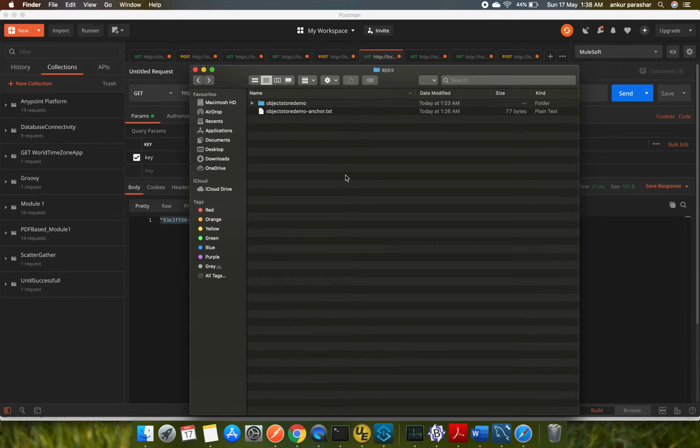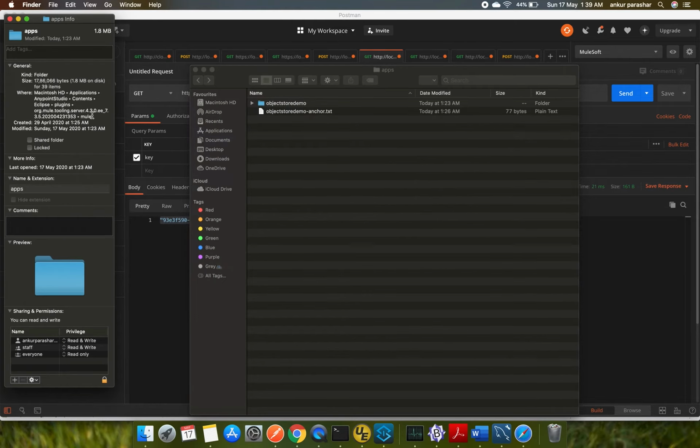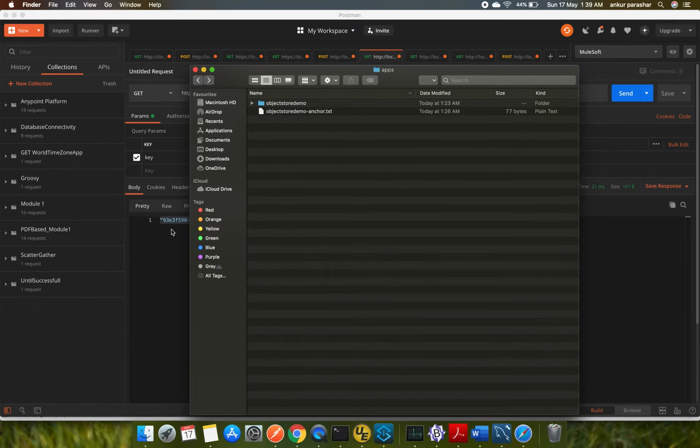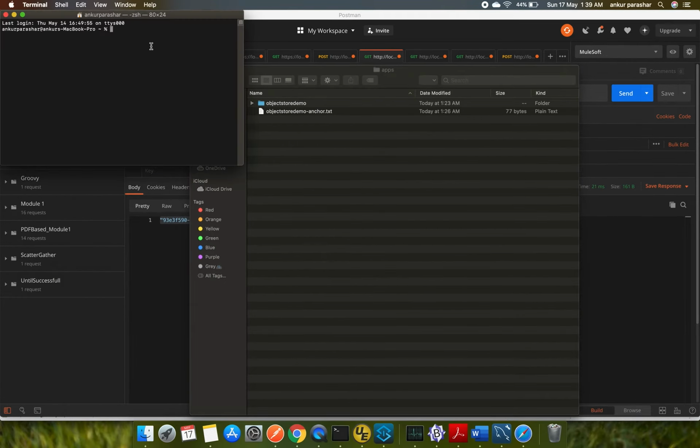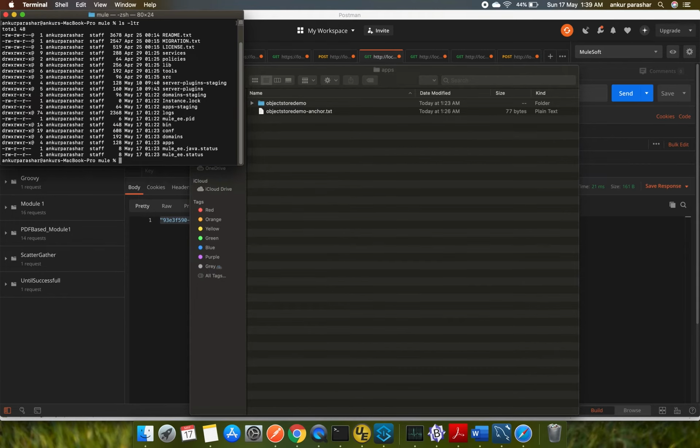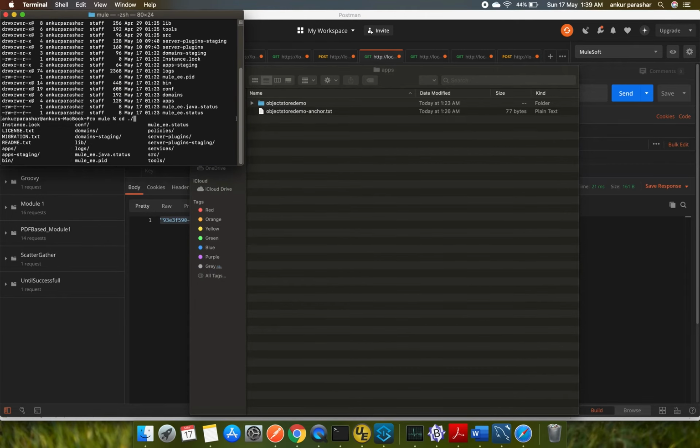Up to this particular level I need to check. I will copy and paste this quickly, close it, open the terminal window, cd and paste, and then here cd .mule.